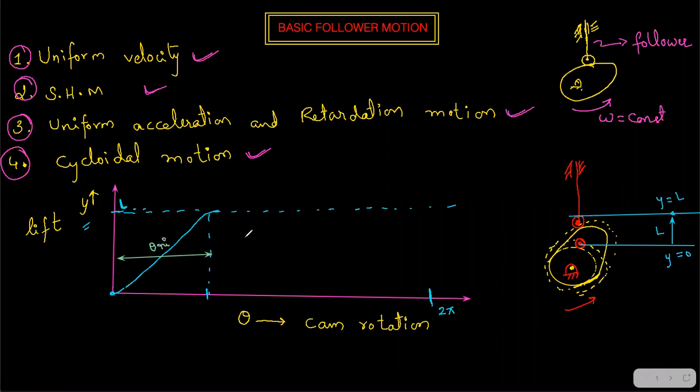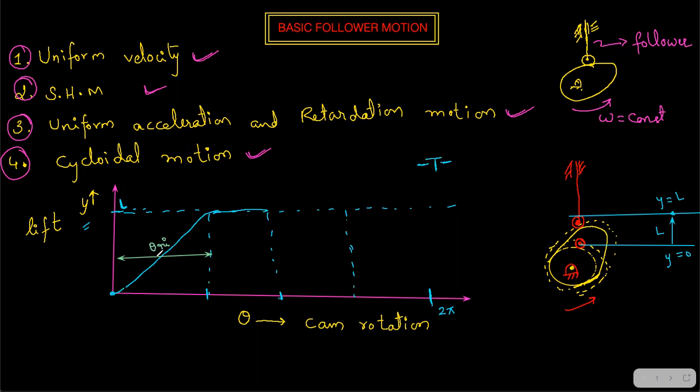This portion is called theta rise. And then for some time, if you take your automobile engines, you will have a dwell period, right? Till here it's the dwell period, and then you will have theta return. It means the valve has to close, right? See, this is your valve, for example, the inlet valve of your fuel supply. So the valve should first open. Only if the valve is open will the air and fuel mixture come inside, right?